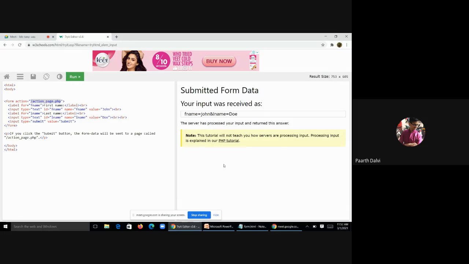Okay ma'am, what changes do we have to make in the code to write our own name? You have to write a code for this PHP. You have to make this yourself, so you will have to write this whole PHP page. For that you first have to learn PHP. So when will you learn this? In the third semester. Okay. So for this you have to first prepare the PHP page, which will accept the first name and the last name, and then it will display this. Okay ma'am, thank you.